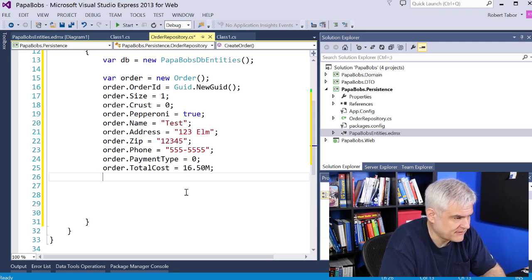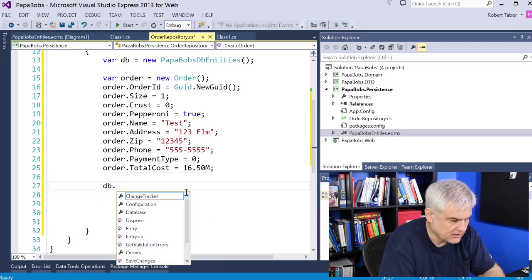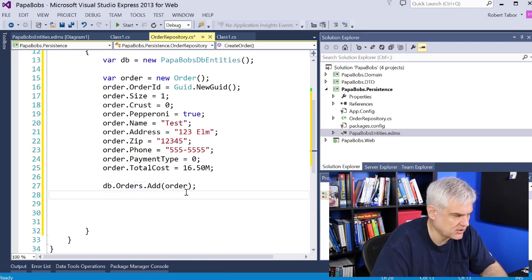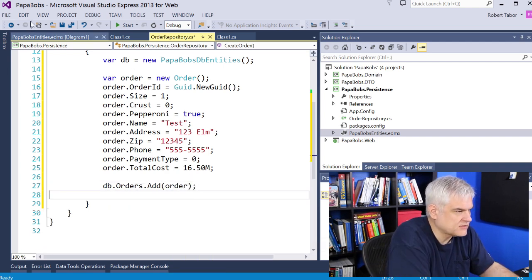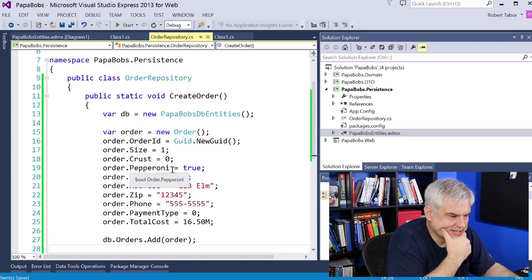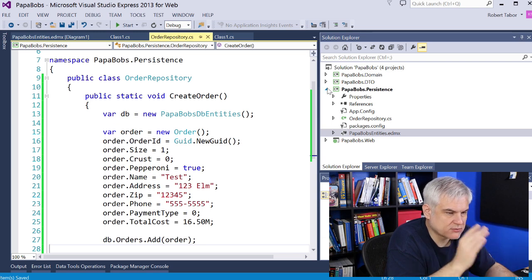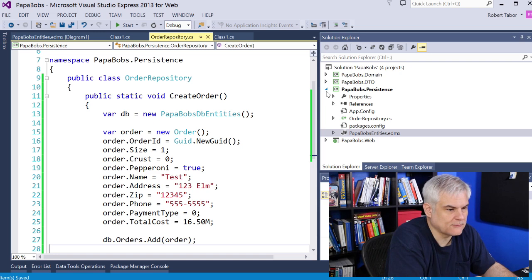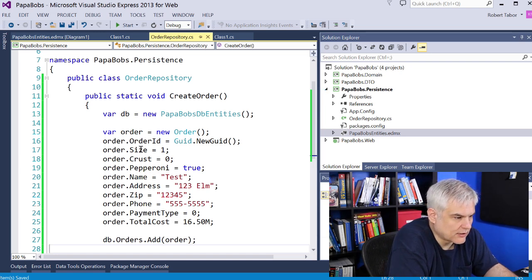It'll let me know if I don't. So then I should be able to do dborders.add and then put that order in there, and all should be good. All right, so let's then do this. Let's go and drive a spike of functionality all the way from the web all the way down to our